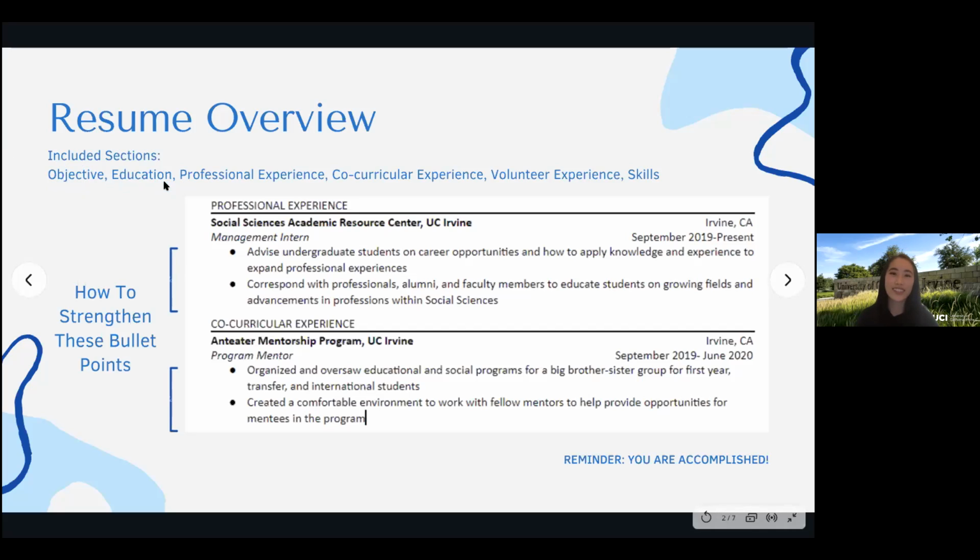That would be like University of California, Irvine, your expected graduation date, your majors, your minors, and you can also add your honors, like if you're on the Dean's Honors list or if you have any other honors. And then next is professional experience. This can also be called work experience if you want, but professional experience is where you want to highlight more important experiences that are relevant to a specific job or role that you're applying for. So for example, in this sample resume, there's the Social Sciences Academic Resource Center, SARC, and